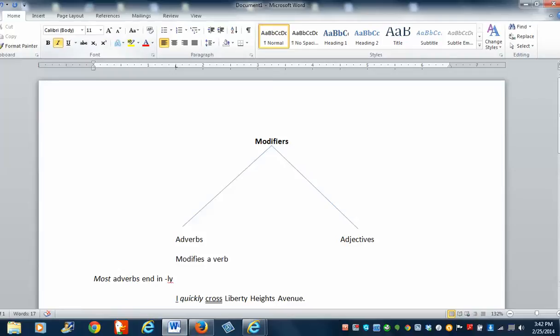I just gave you a series of adverbs: carefully, cautiously, quickly. All of those are ly adverbs that tell us how we cross. So that's the quick and dirty on adverbs, okay? All right, now let's move over to the